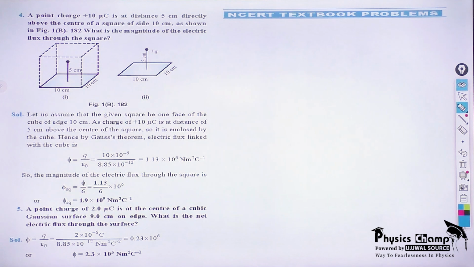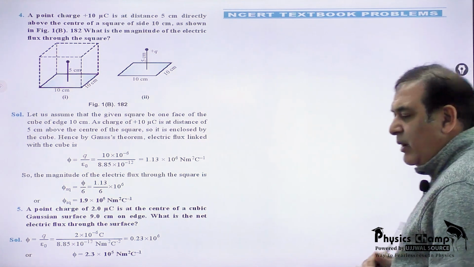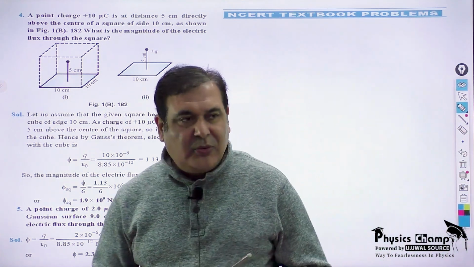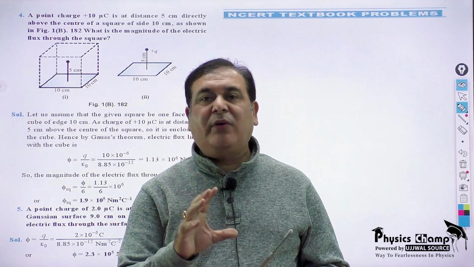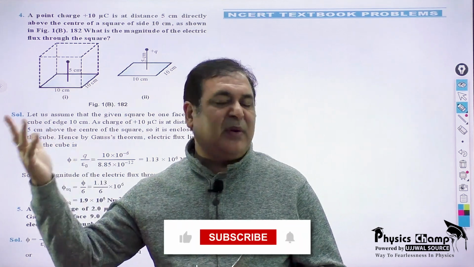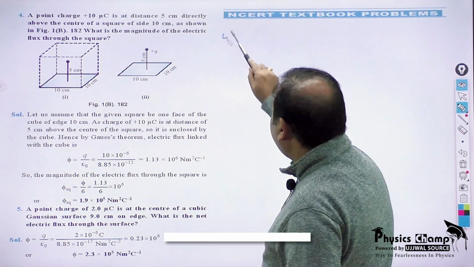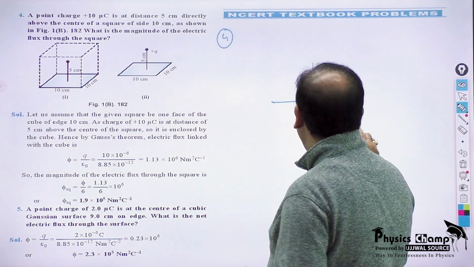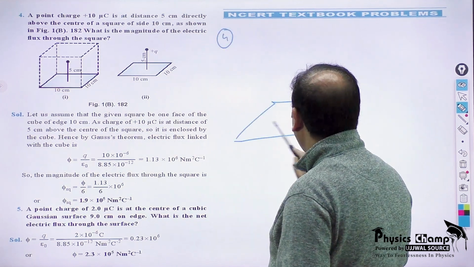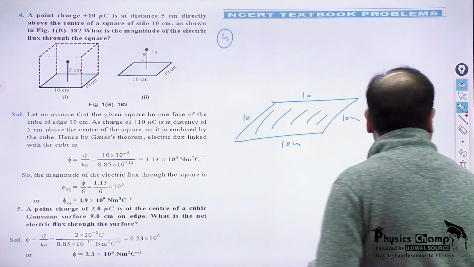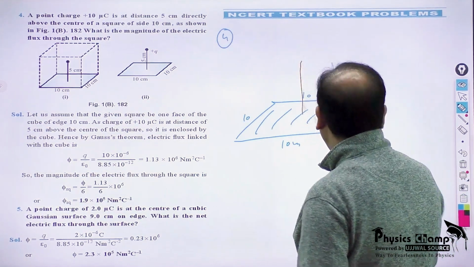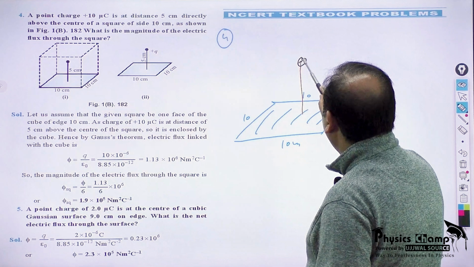Now we have 8 NCERT questions which are mentioned in the text available to you. I'll be only taking 4 of them because the rest 4 you have already done in the previous examples. The question number 4 which I will take is, there is a square of each side 10 centimeter and there is a charge which is at a height of 5 centimeter from here